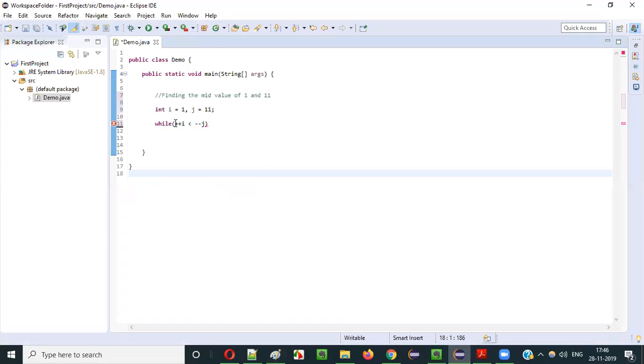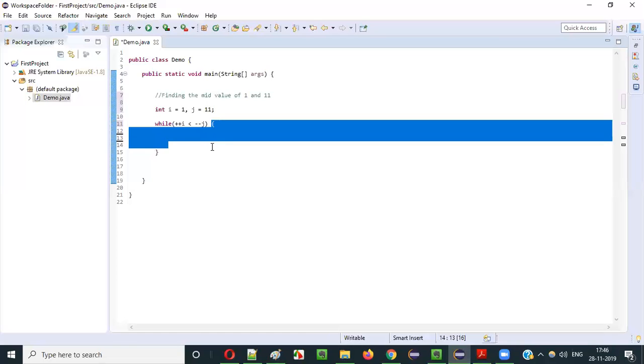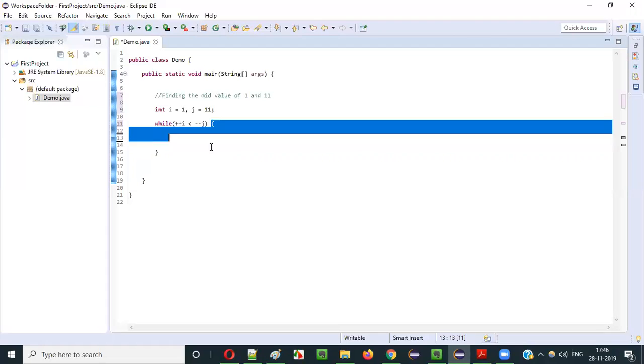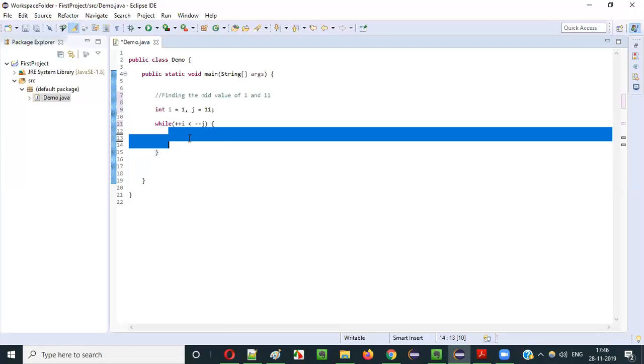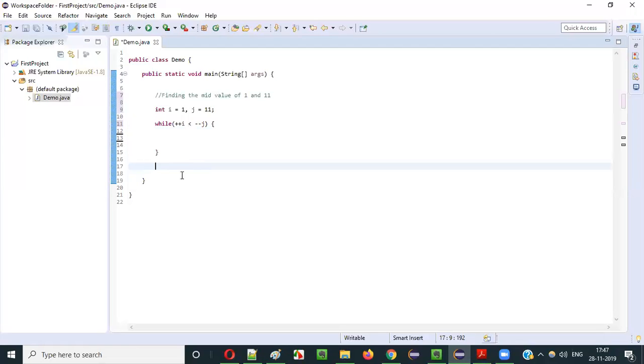Okay, in the initial iteration, 1 is less than 11, that is true. So it will go inside the while loop. Here I will not provide anything, I will make it blank. There is no statement inside this while block. After this while block, I will simply say System.out.println, the mid value of 1 and 11 is